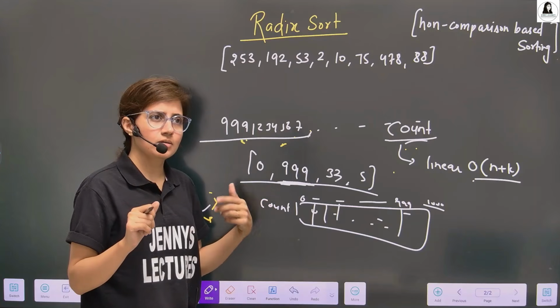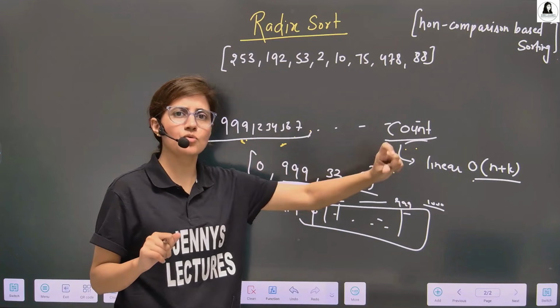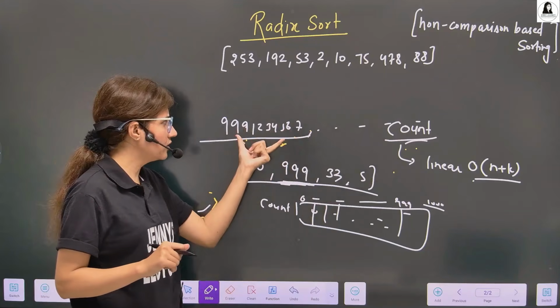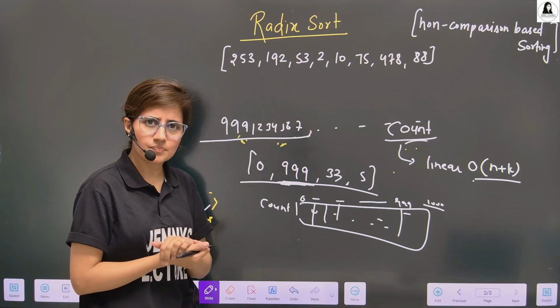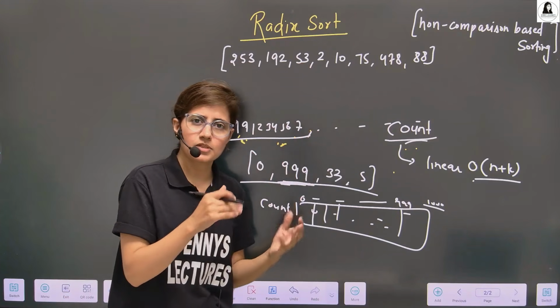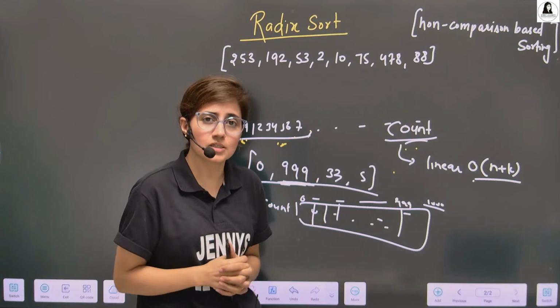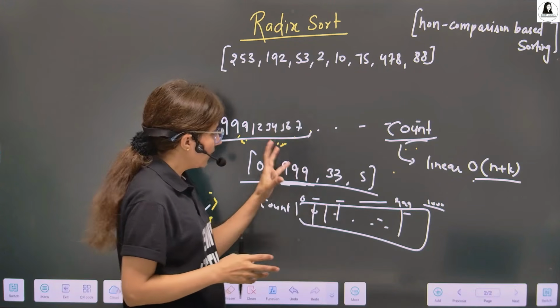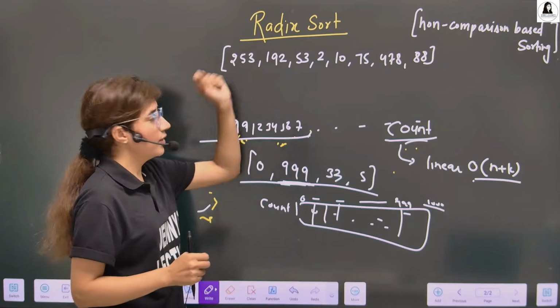Or when I want to sort roll numbers, say 10-digit roll numbers. In that case also the number is lengthy, and the number of digits is more. So it's not a good idea to use count sort in this case. As for other sorting algorithms, they take time complexity n log n, not less than n log n. And suppose you want to achieve linear time complexity, do we have a better approach for this? Yes, we have. We can use radix sort.